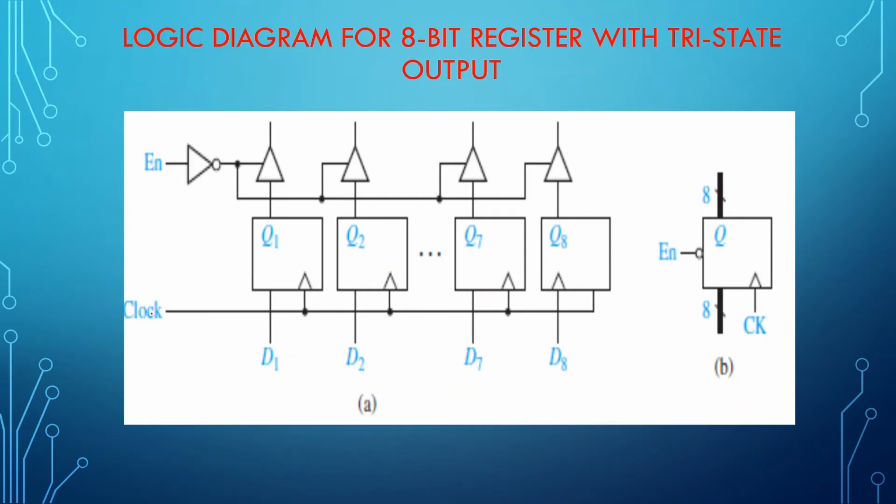So when you make the clock signal high, that is during the positive edge of the clock, the data from D1, D2, D3, D4, D5, D6, D7, D8 will go to the flip-flop, or you can say that the data will go to the register. Once the data goes to the register, after the propagation time, the data is available here. But what you are intending is to move the data to the next set of registers.